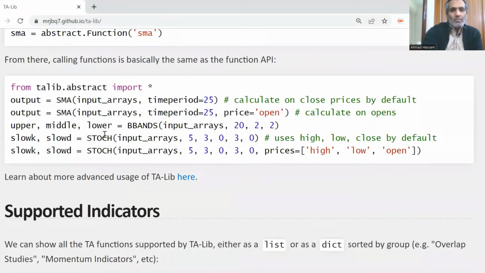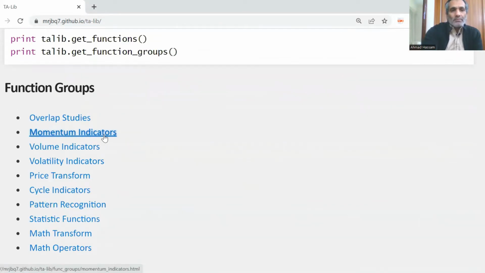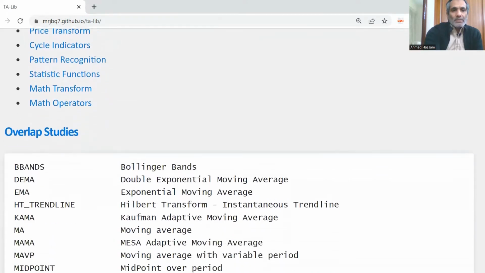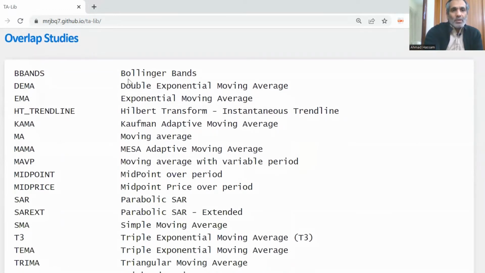Let me show you the supported indicators. These are the function groups that it supports: overlap studies, momentum indicators, volume indicators, volatility indicators, price transform, cycle indicators, pattern recognition, statistic functions, math transform, math operators. Overlap studies include Bollinger Bands, double exponential moving average, Hilbert transform, Kaufman adaptive moving average.